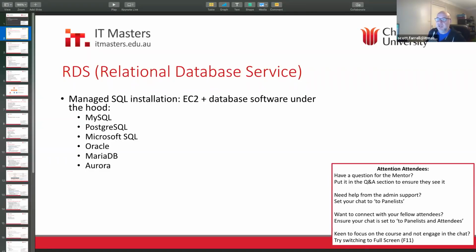Does RDS support multi-tenant instances? I highly doubt it. I'm not quite sure. I know what multi-tenant means, but I'm not quite sure about what your question is. You can stick more than one database on an RDS instance. So if you're a corporate, you might start up your RDS Oracle instance and stick half a dozen databases from different applications, if that's what you're calling multi-tenant. But if it's cross accounts, like a different AWS account, I highly doubt they're going to let you access that sort of thing.